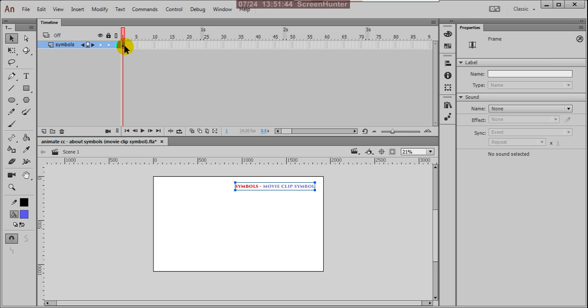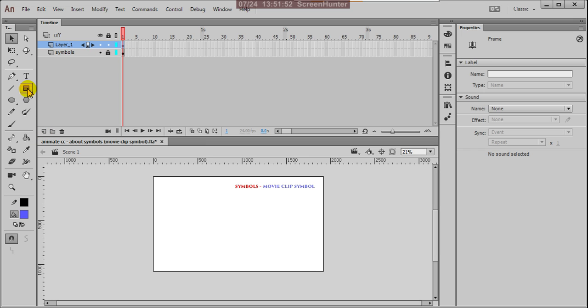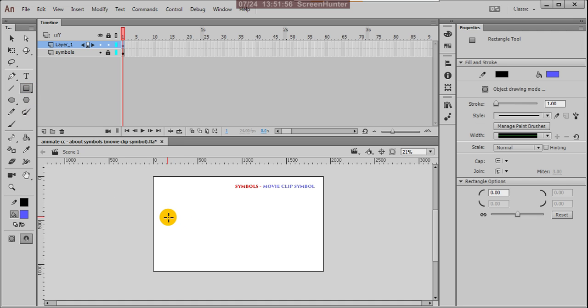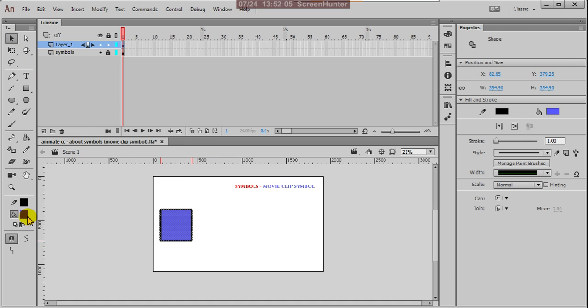This is my text, and include this new layer. And here I'm placing one drawing. Okay, this is my drawing. Change it into red.